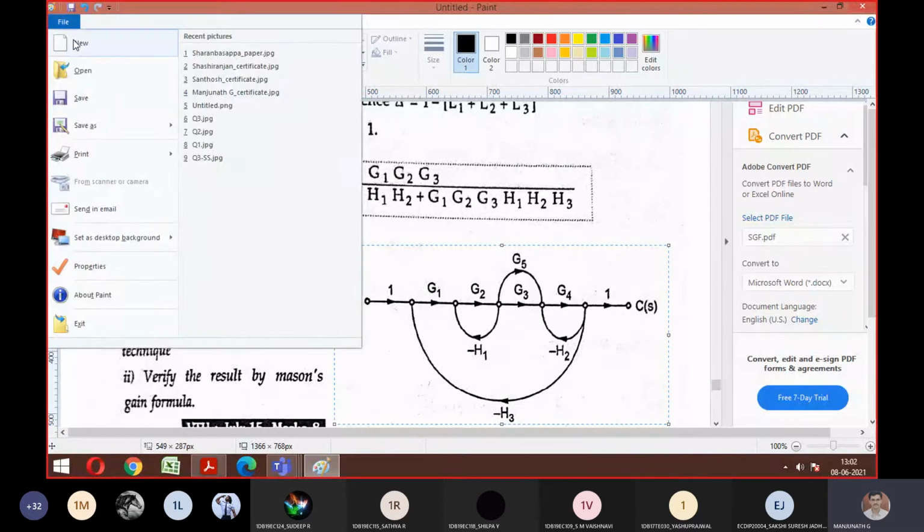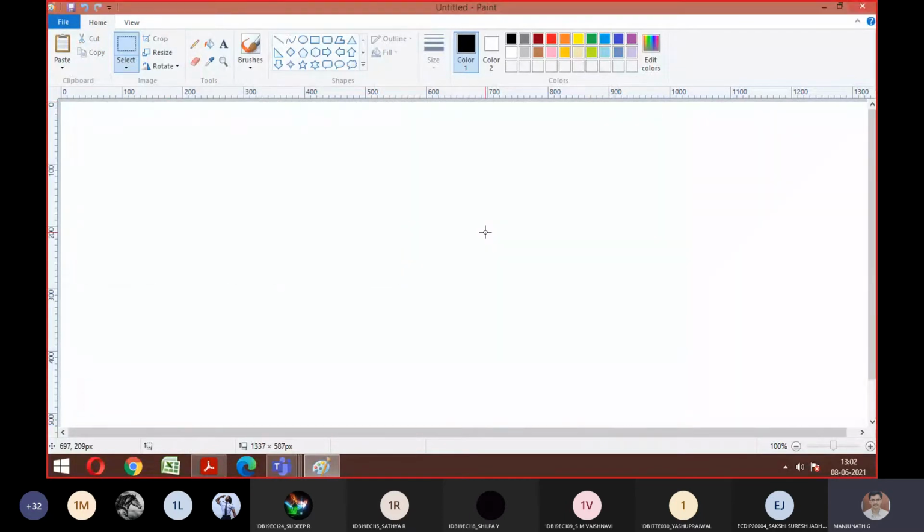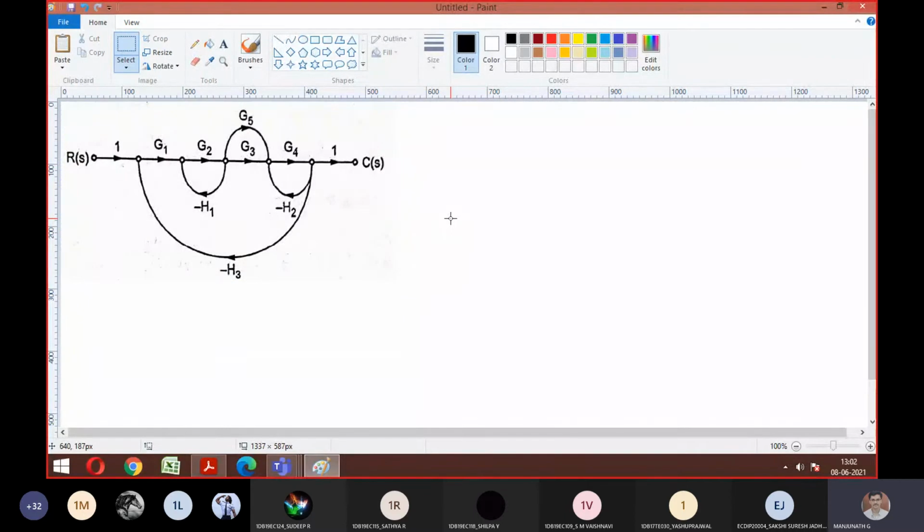This is a given signal flow graph for you guys. Okay. So now for this we are supposed to draw a block diagram. I think at the beginning we went through the concept of conversion from block diagram to signal flow graph and signal flow graph to block diagram. Do you remember? Yes, sir. So can anyone tell me how to write a block diagram for this given signal flow graph? What is the procedure?